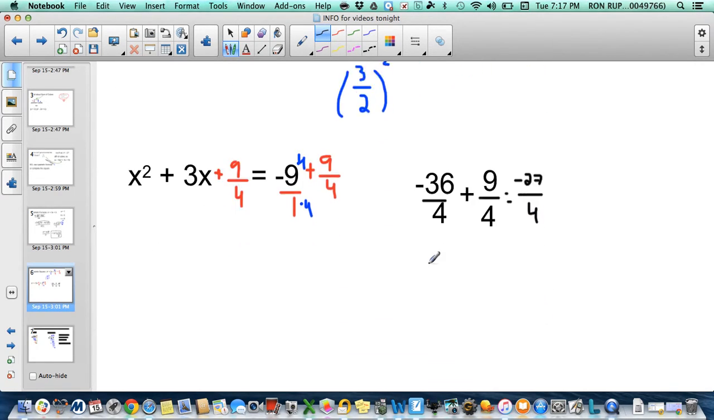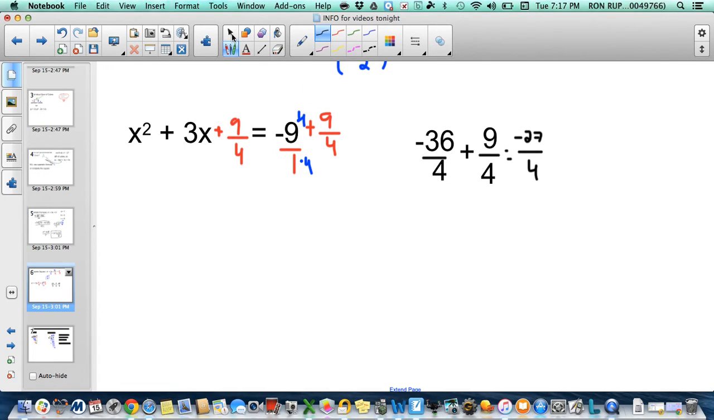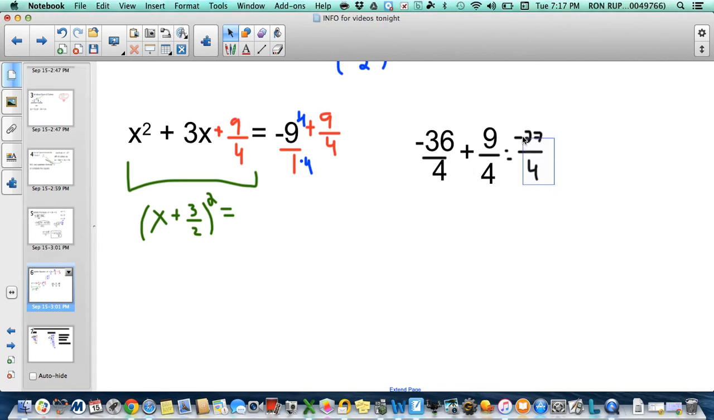So let me scroll down a little bit and rewrite this. The reason that we do this part right here is because now we can make the perfect square trinomial, x plus 3 halves. And so I'm going to rewrite it like that. X plus 3 halves, because that's what half of our b value is, squared equals